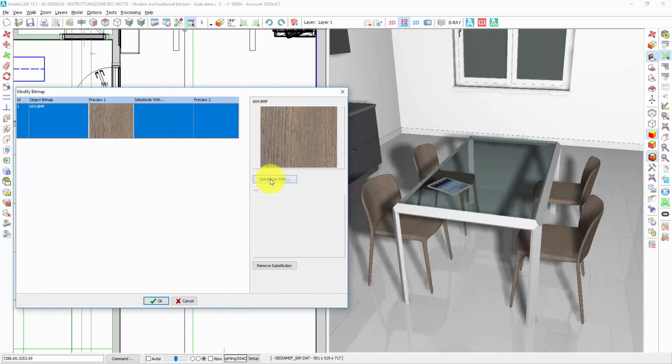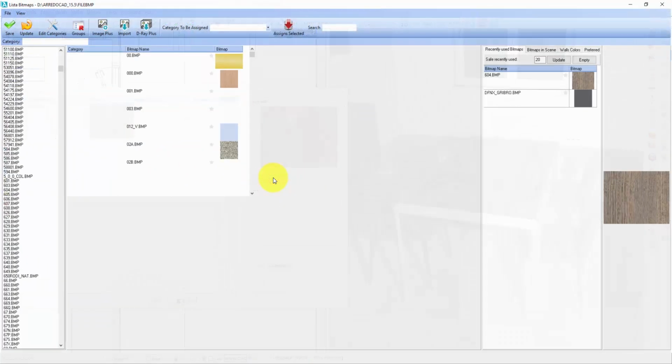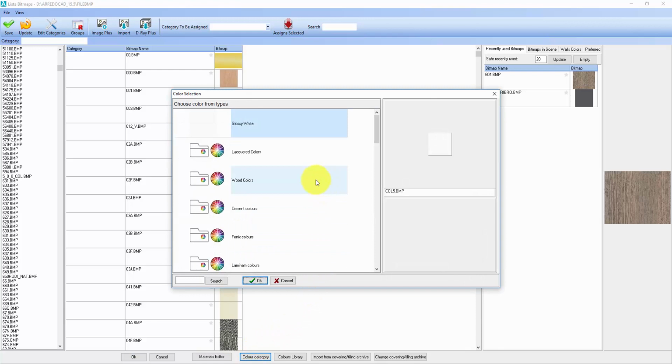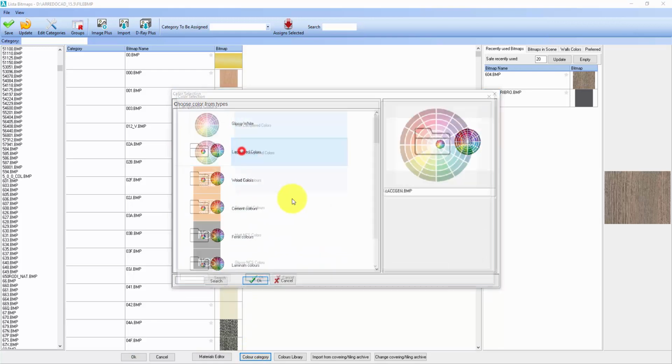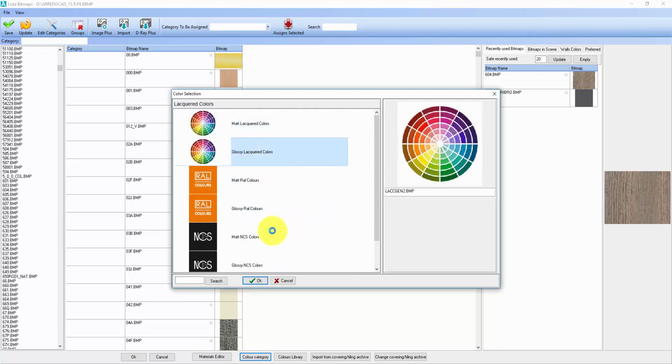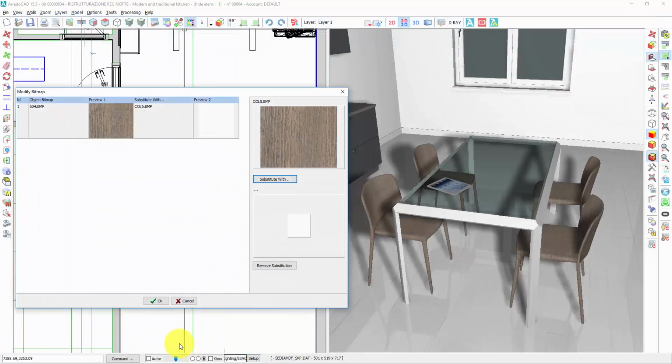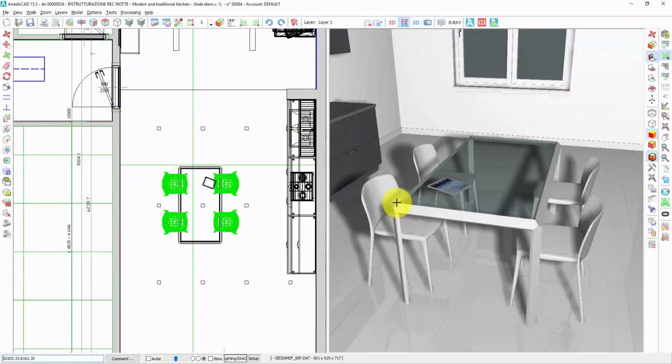Now I click here, replace with. From here, I can also enter in the color categories. From here, for example, I could take lacquer colors, glossy, white. Press OK, OK again, and